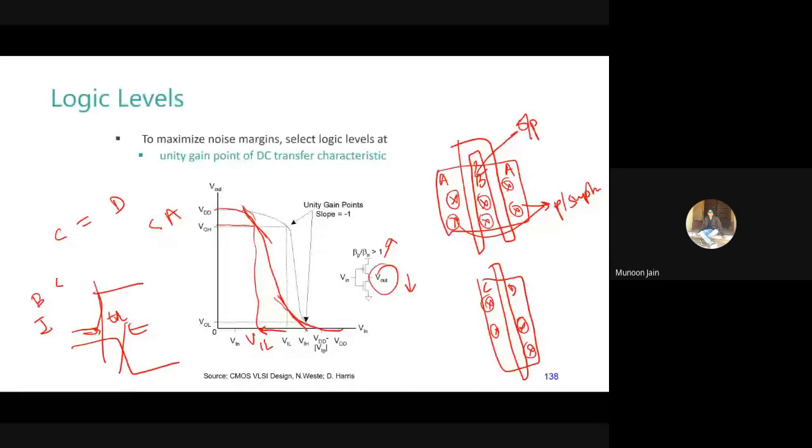Sorry, sir. May I ask one basic question? Sir, could you comment upon the power dissipation? Would you talk about the static power dissipation or dynamic power dissipation if you do the fingering part? So what do you think we should talk about? I think dynamic power dissipation, we will talk about that. So what will happen to the dynamic power if you connect output to B? Will it reduce or increase? Since our capacitance has been decreased, our power dissipation will decrease. Yes, you have the answer. Okay, sir.